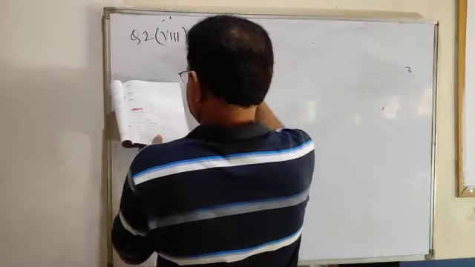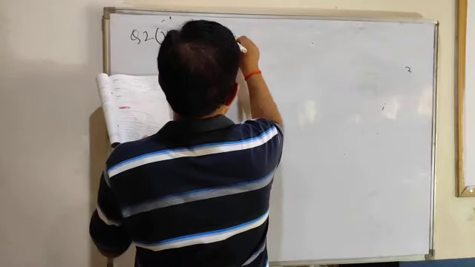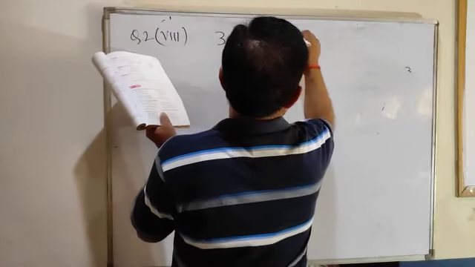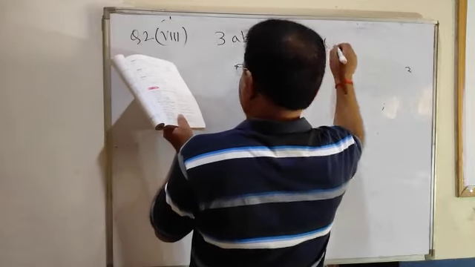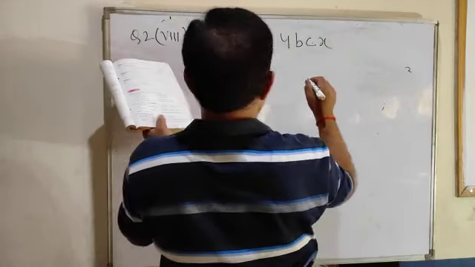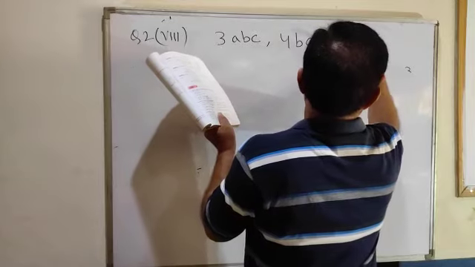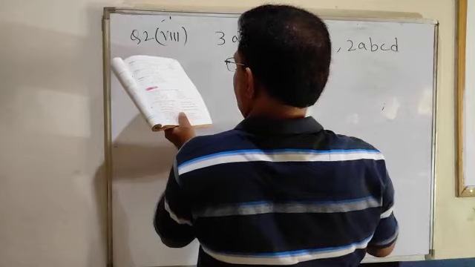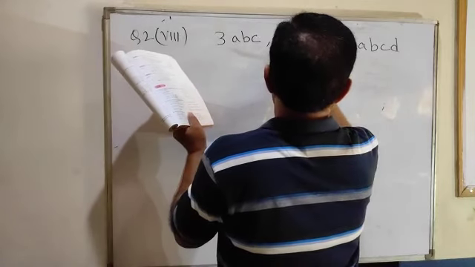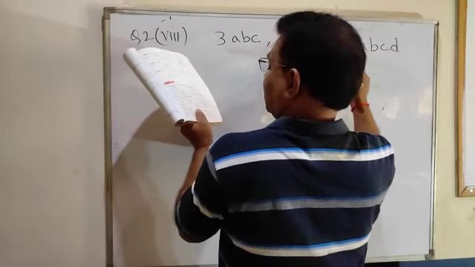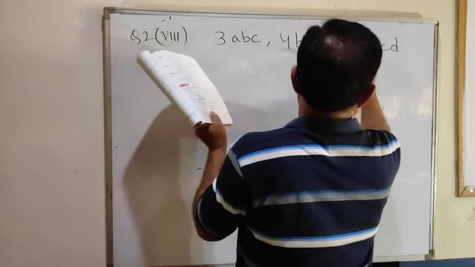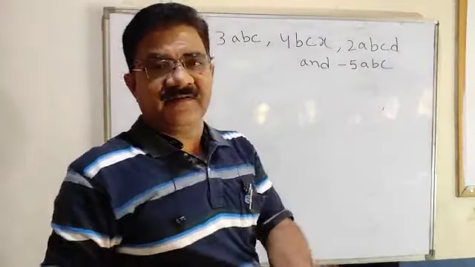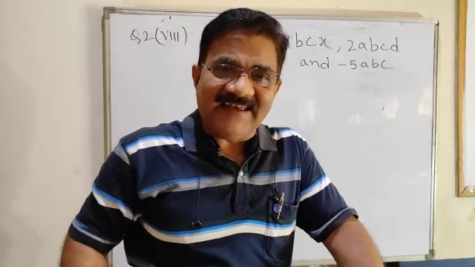3ABC, 4BCX, 2ABCD, and minus 5ABC. Dear children, first find the like terms